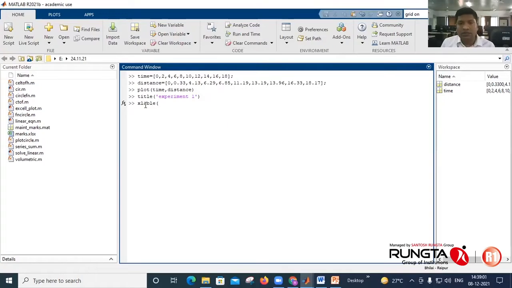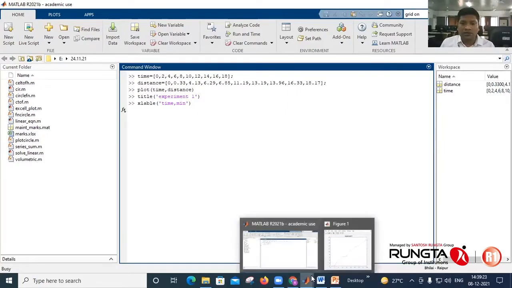Again, the syntax is the same. Bracket, single quote, xlabel name, say it is time, with the unit, minutes or seconds, whatever you want to write. Enter. Now see the graph or figure.